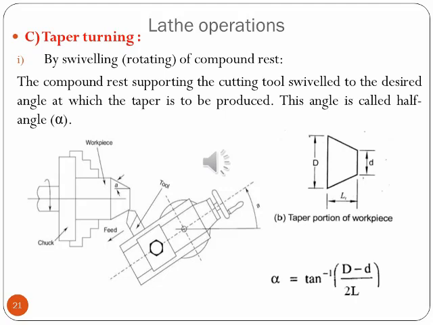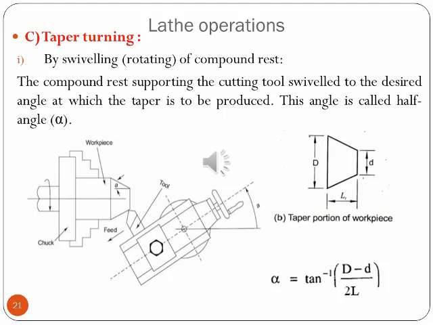This is a taper turning operation which is carried out by swiveling the compound rest. This method of taper turning is shown in the figure below. It is more suitable for workpieces which require a steep taper for short lengths. The compound tool rest is swiveled to the required taper angle, and then it is locked in that angular position. The carriage is also locked in the required position, and for taper turning the compound tool rest is moved linearly at an angle so that the cutting tool produces the tapered surface on the workpiece.